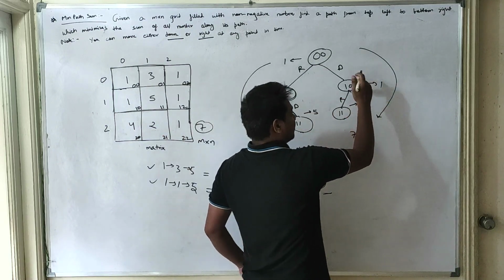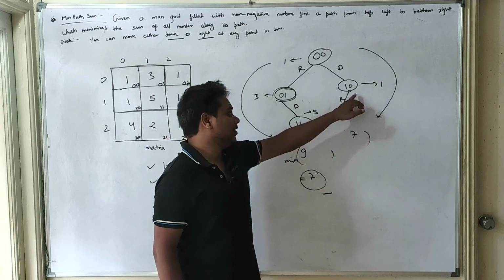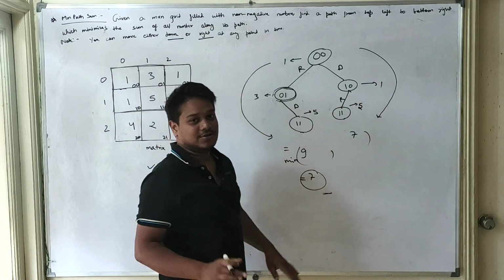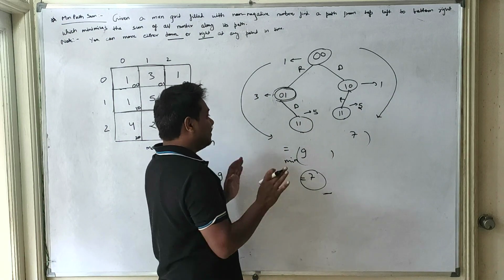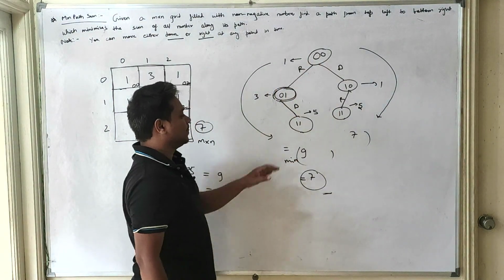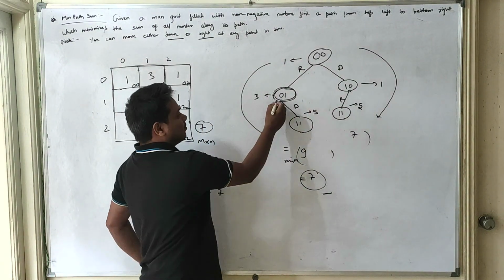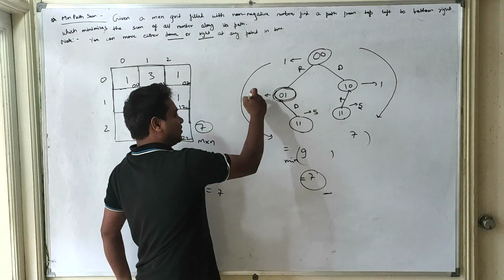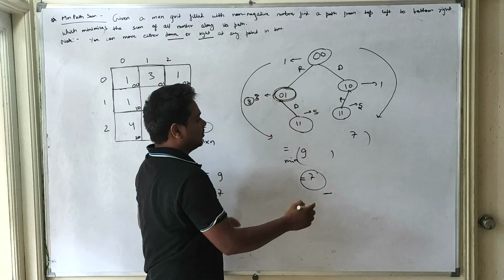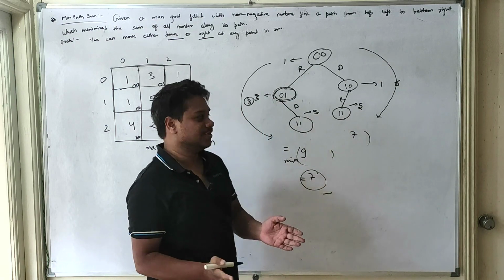Okay. Now similarly for 1 0, I cannot move down over here. So the only value that I have is 1 1, that is 5. So that is the minimum value over here. But the moment I reach this cell, for this cell I know the value is 5. So for 0 1 the value would be 5 plus 3, 8. I am summing this 5 and the value of this. Then for this one it would be 6. I am summing both the cells.